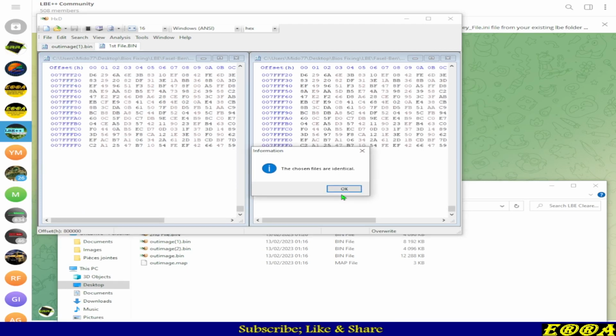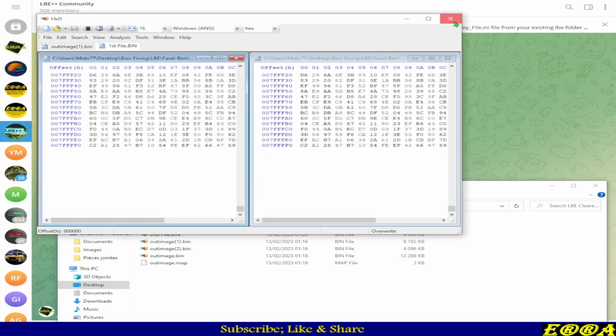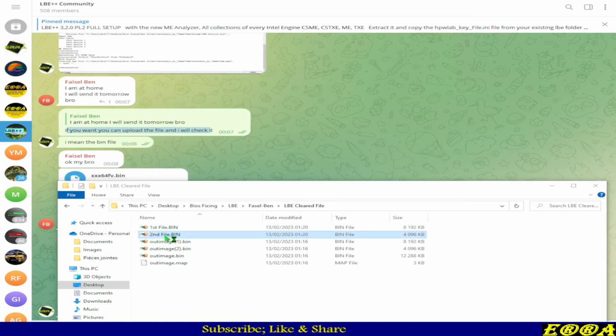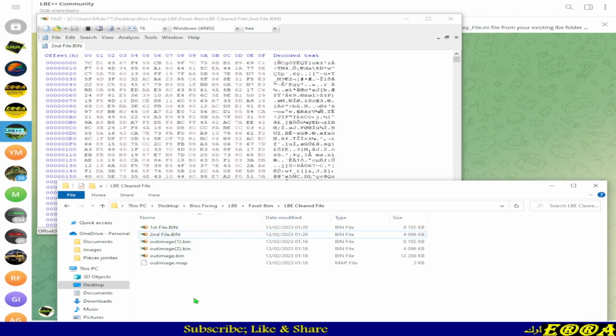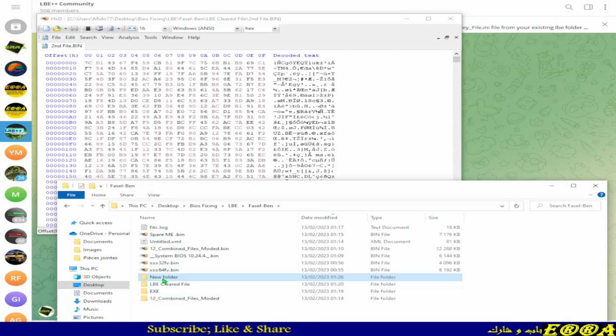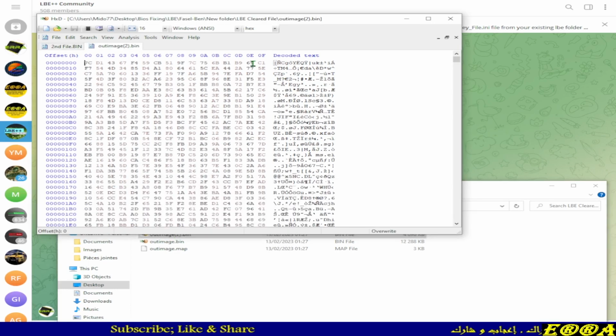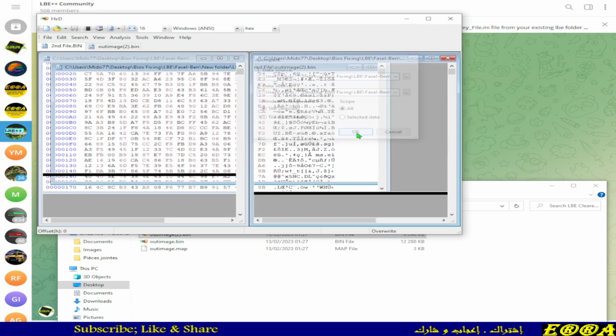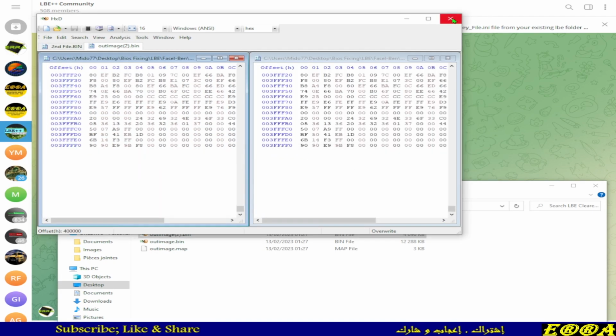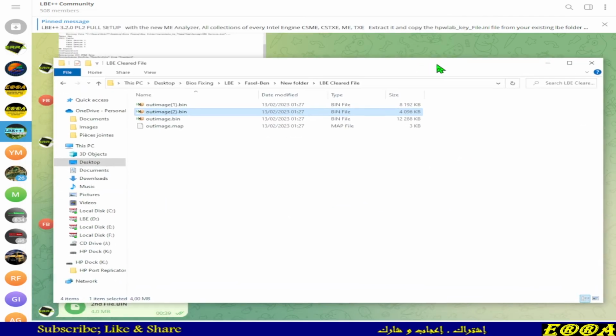So identical, and of course it's the same thing with the 4 mega. So go back, new folder, LBE cleared, for compare. Okay, that's it. So this is how you do it, and